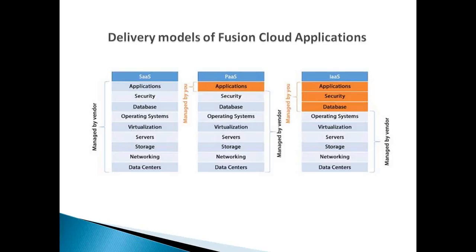Yes, but single tenancy means that all clients, whether you're subscribed under SaaS, PaaS, or IaaS, will be using a single instance across all customers. But multi-tenancy means that you'll be using different instances, so each customer has his own instance for all layers of applications of the architecture. So which option does Oracle provide in this case? Is it single tenancy? Is it multi-tenancy?